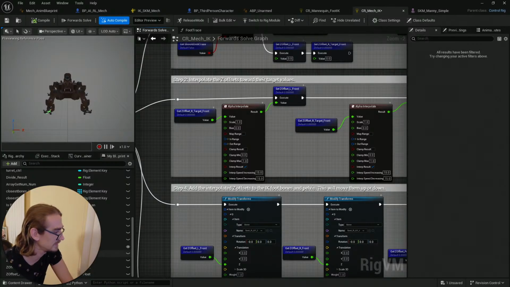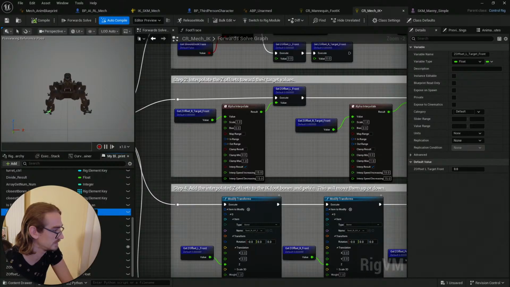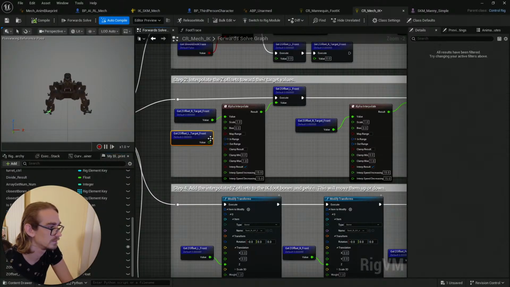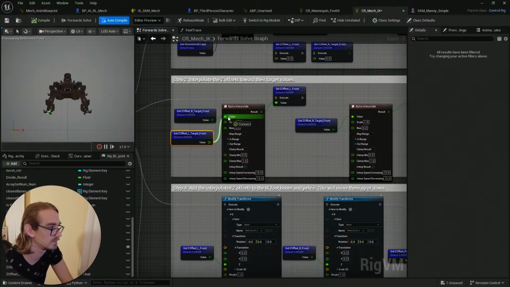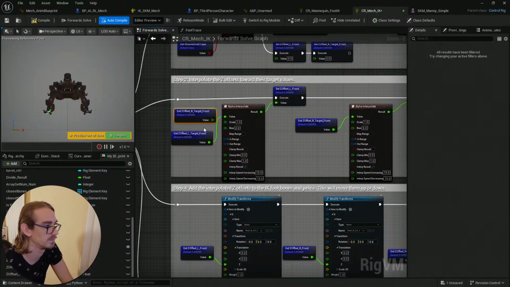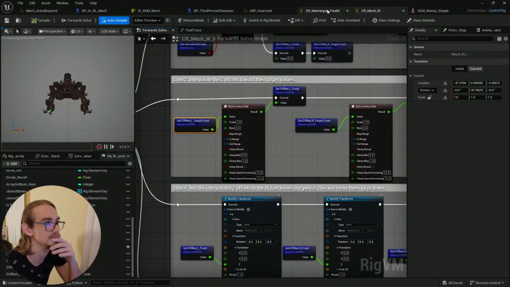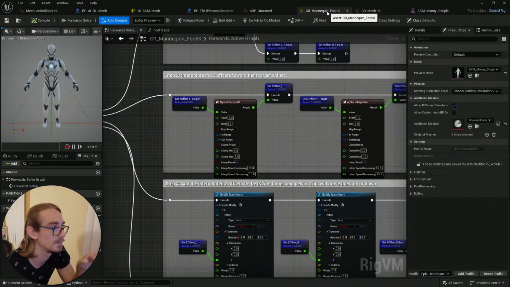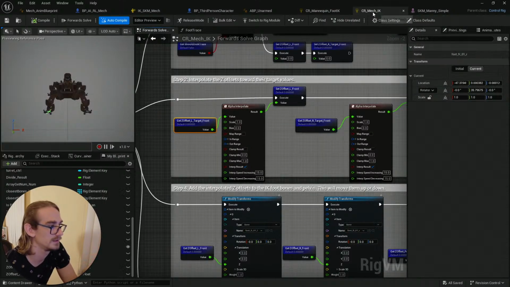And it's the target. L front target. L target, L front target,